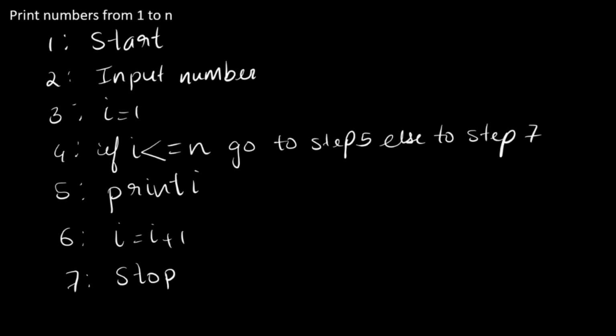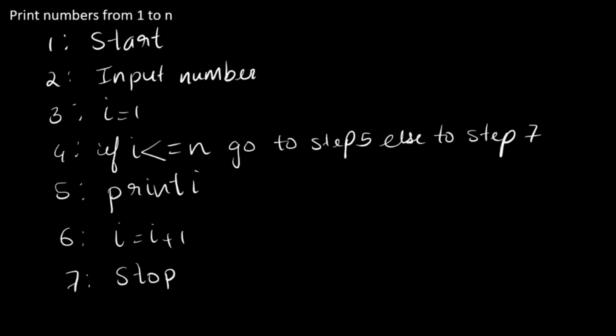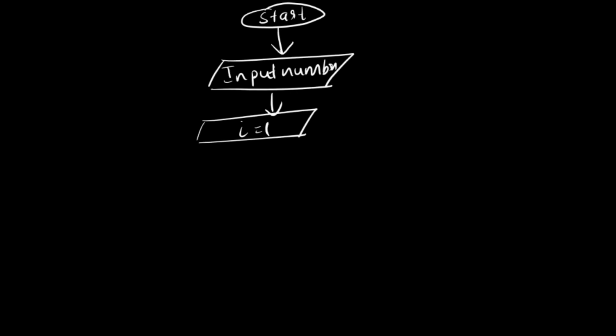The next step is I is equal to 1, which is initialization. So that is also a sort of input. The next step is the decision making. So if I is less than or equal to n, which is basically the number, we can consider this as n. Okay, if it is true, if it is yes,